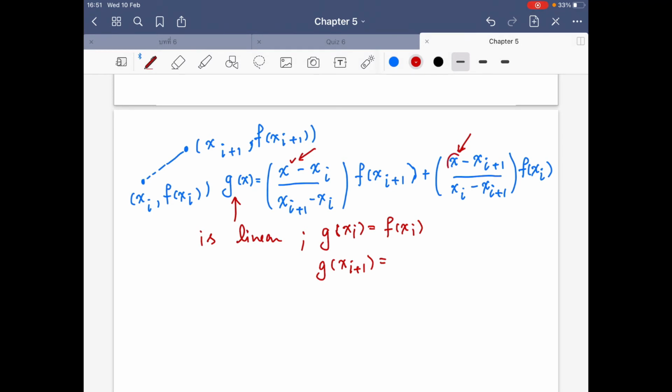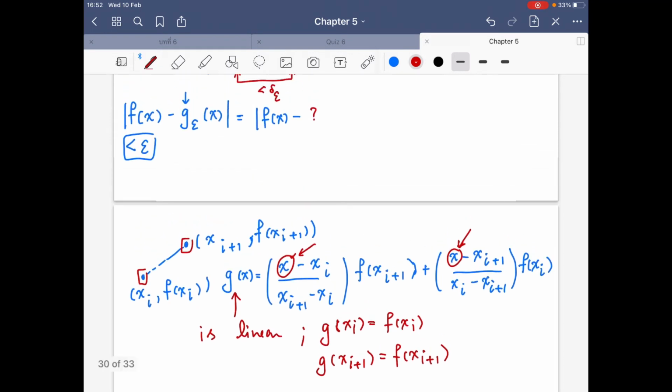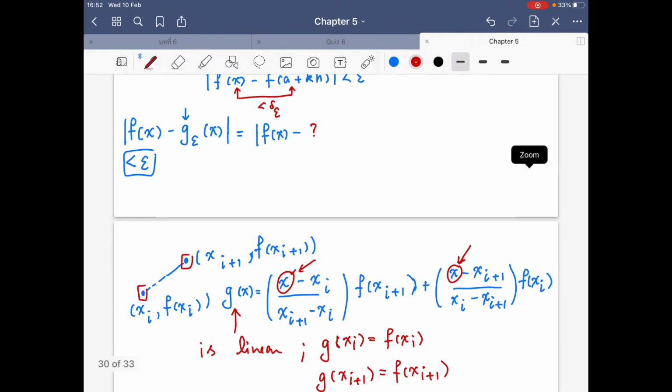This one goes away, right? But this one survives and it becomes a 1. So it is f at x_{i+1}. Okay, so this one can be our g epsilon, right? That connects the two points that we consider. Are we good? Okay, so we are going to let our g epsilon be